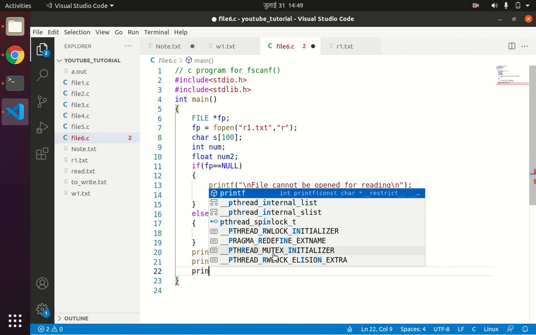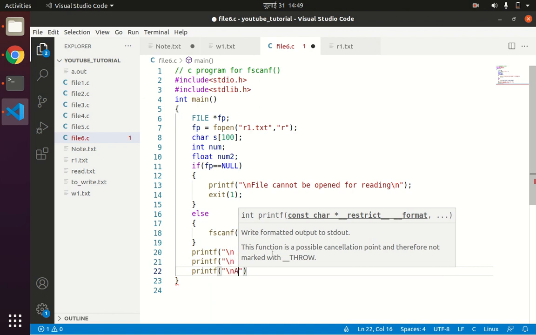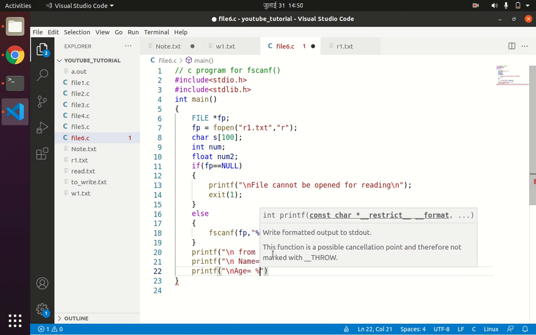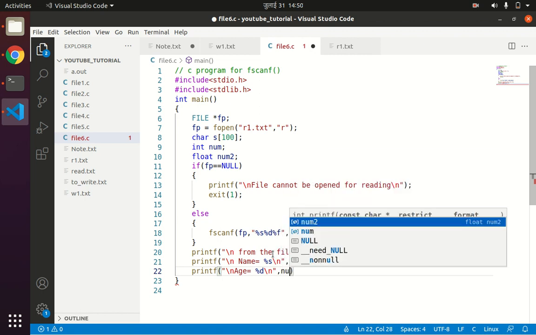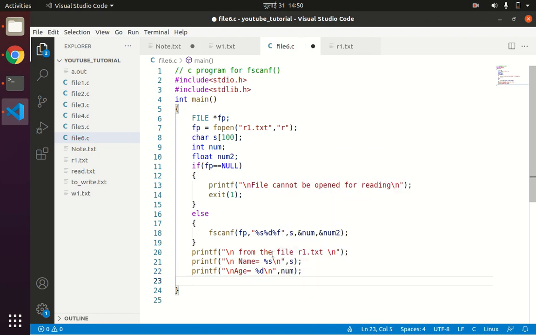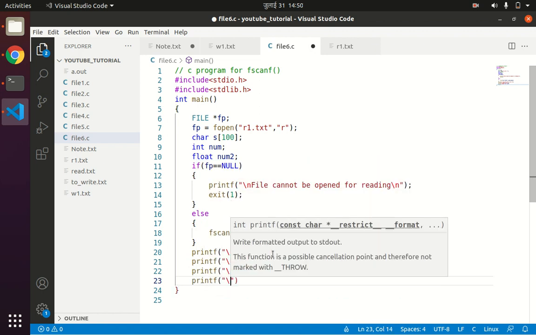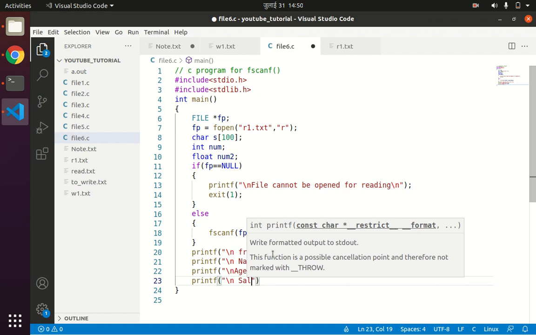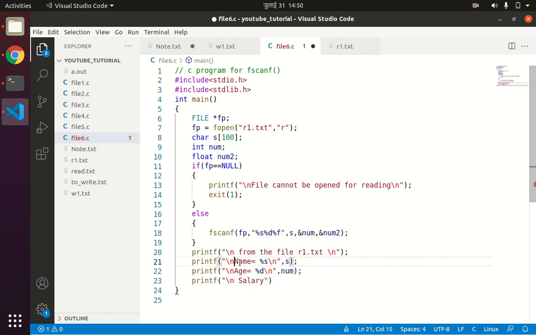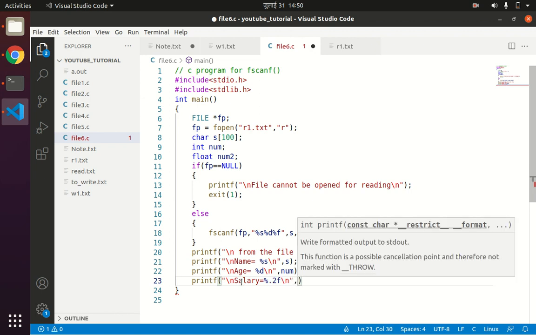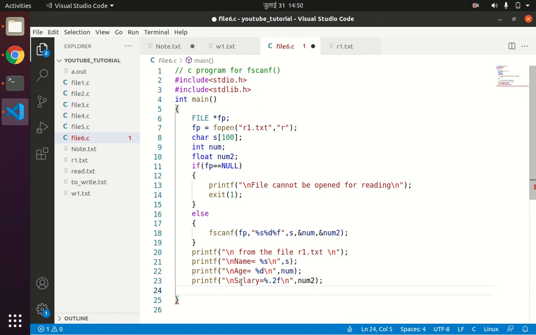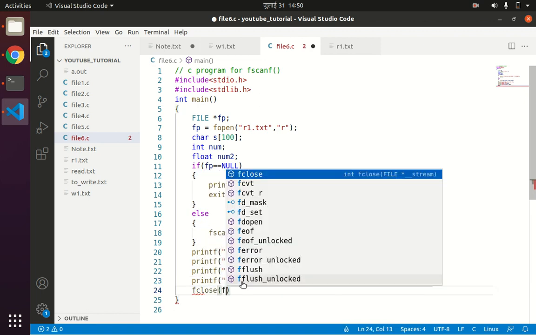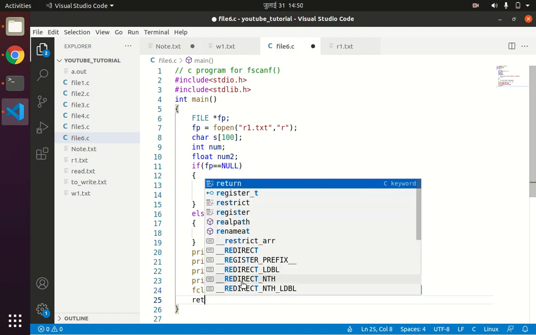Printf "\n age equals to %d\n", and we can write num, and then printf "salary equals to %.2f\n", and we have num2. And finally, after the operation, never forget to close the file, and then write return 0 for successful termination.